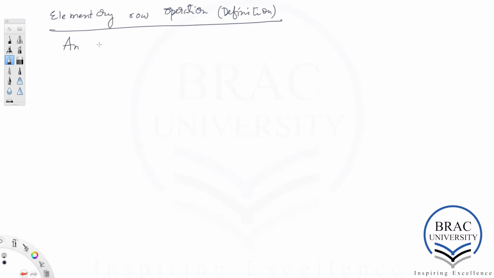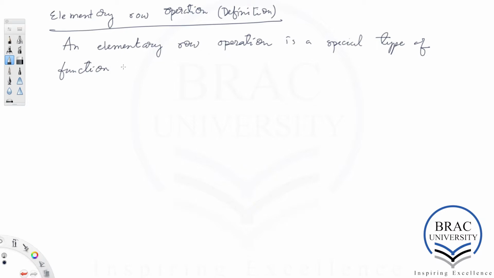An elementary row operation is a special type of function denoted by E that